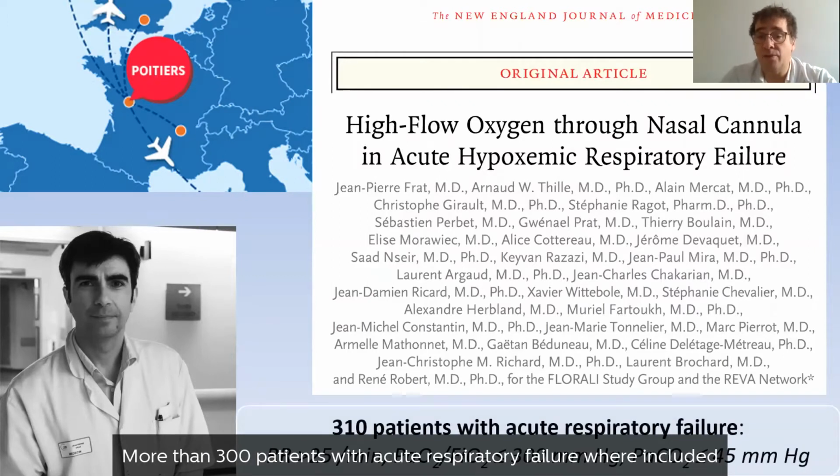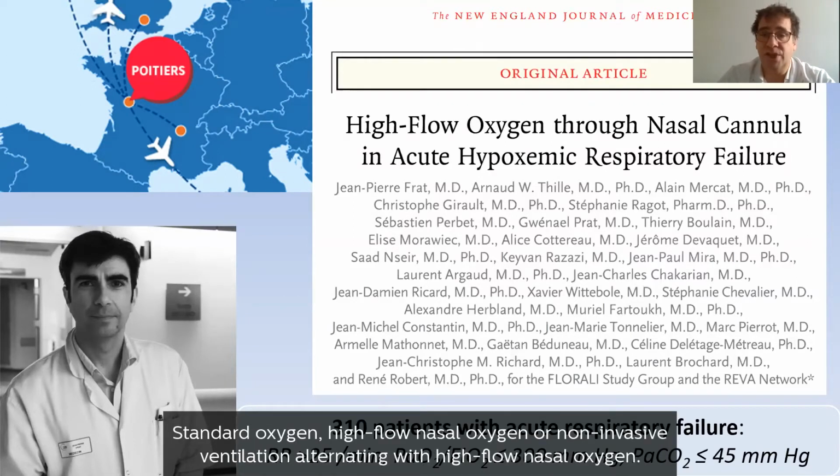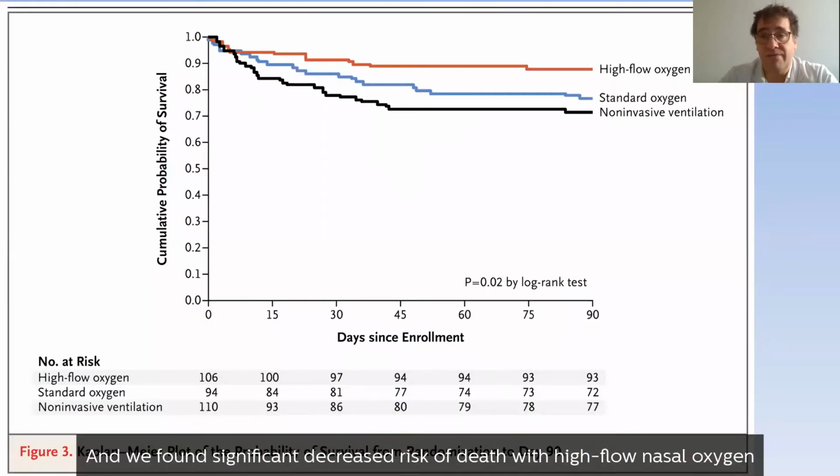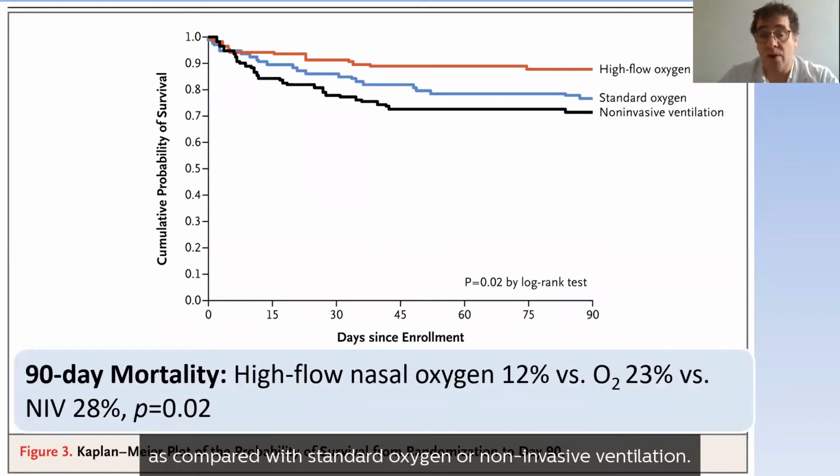More than 300 patients with acute respiratory failure were included and randomized to receive 3 different treatments: standard oxygen, high flow nasal oxygen, or non-invasive ventilation alternating with high flow nasal oxygen. And we found significant decreased risk of death with high flow nasal oxygen as compared with standard oxygen or non-invasive